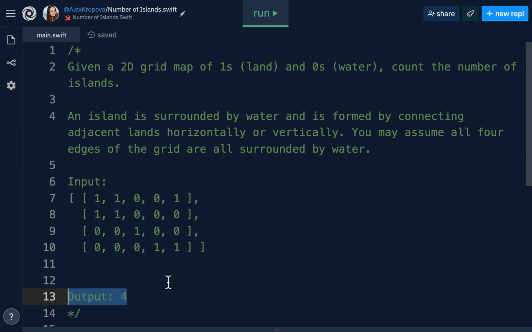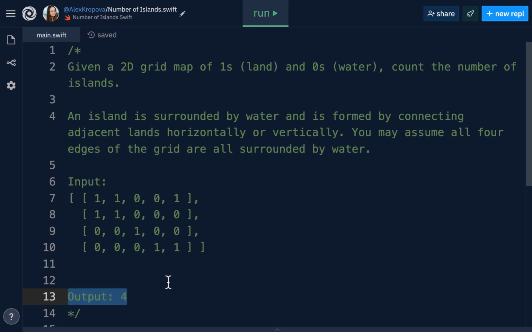In order to solve this question, we have a grid, so we'll have to go through all of the rows and columns in the grid. And what we can do is use depth first search in order to look for connected land. Depth first search is a type of search where it is more aggressive in that you search for the deepest possible path you can find, and once you reach the end, then you come back up and find the next deepest path.